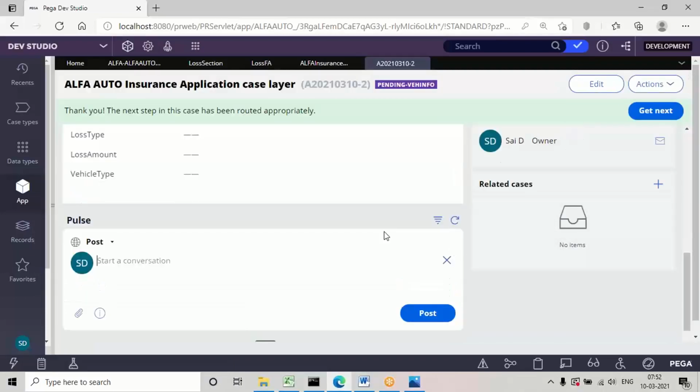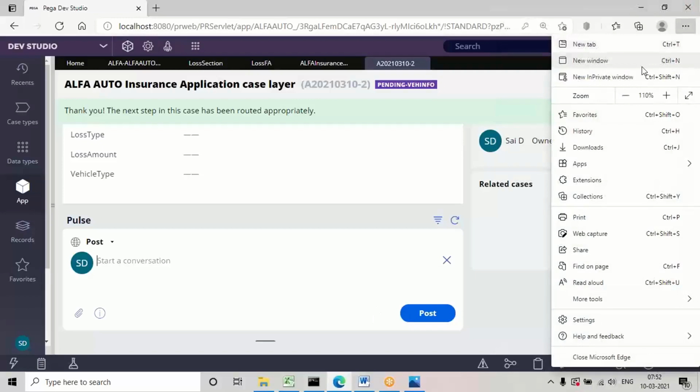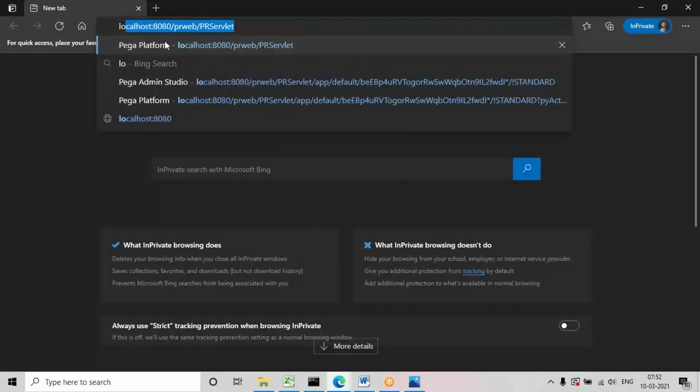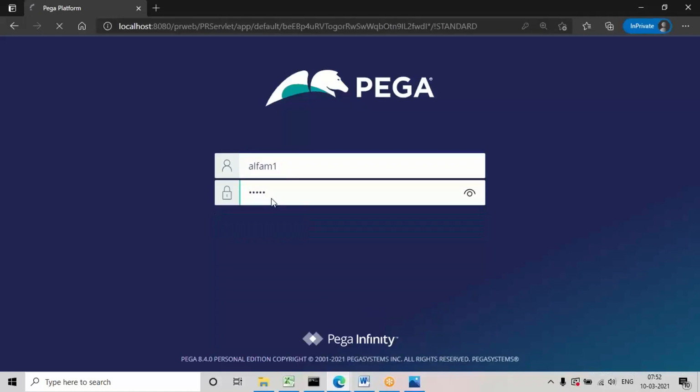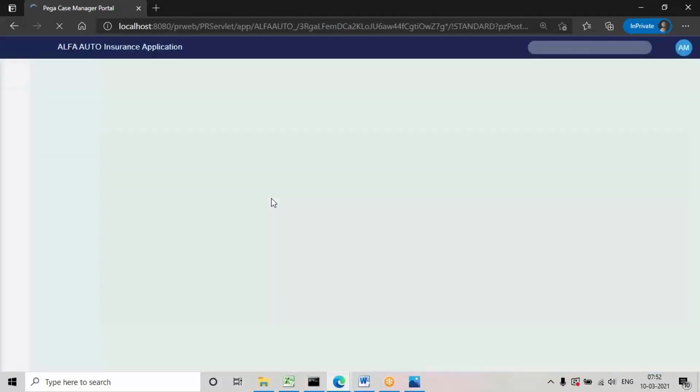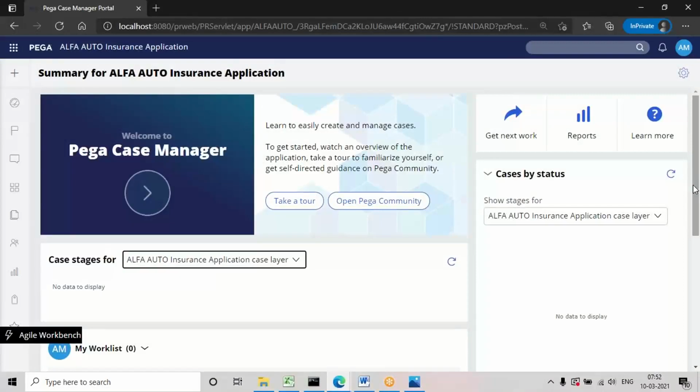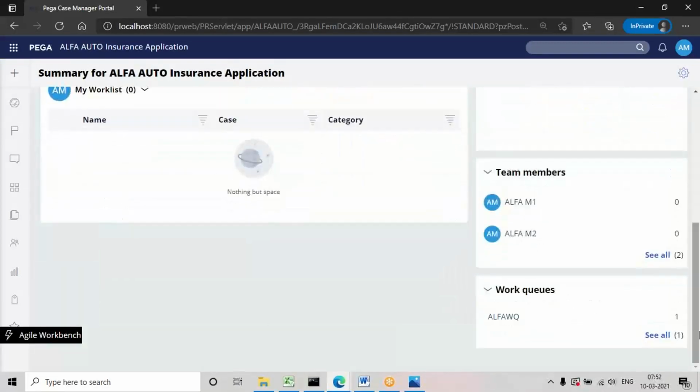See, if you complete the vehicle form, it will again transfer the task. Try to open a new session. I will open any one ID from that. Alpha M1 and alpha M2 are the two IDs, right? The same work queue item, the same work item, will be transferred to both the IDs, because both have access to the queue.